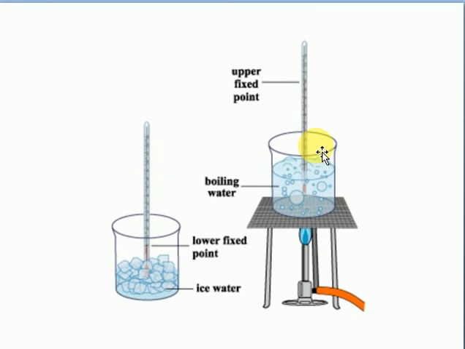So when the level indicated by the thermometric substance remains steady after some time, a mark will be made at that point. This mark corresponds to the steam point, that means the upper fixed point or upper standard point, and is assigned the value of 100 degrees Celsius. In this way we can determine the steam point, otherwise the upper fixed point.